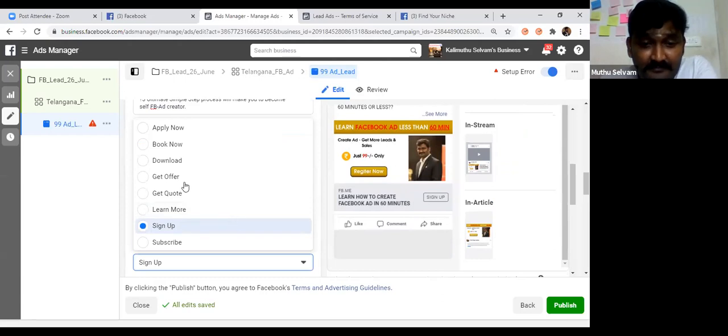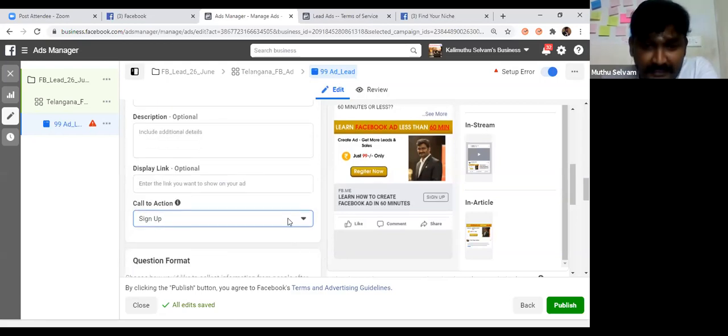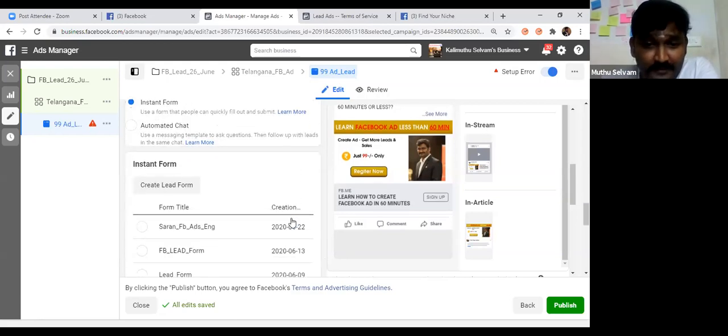Sign up, or if you are selling software products, download. If you are selling movie or event tickets, book now. If you are an HR person hiring for a job, apply now. That is the exact offer you need to make. I am putting sign up now because I want to get sign-ups. Of course, I could put book now also.